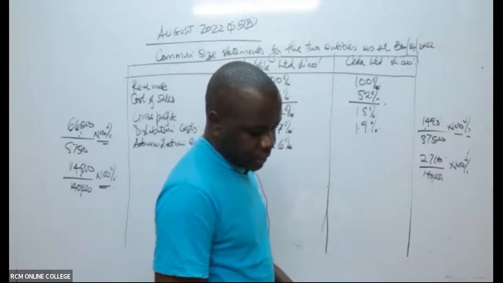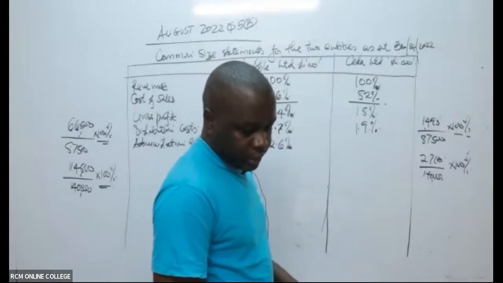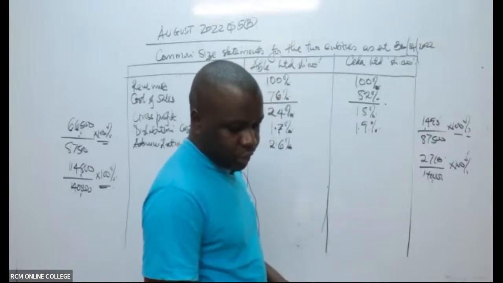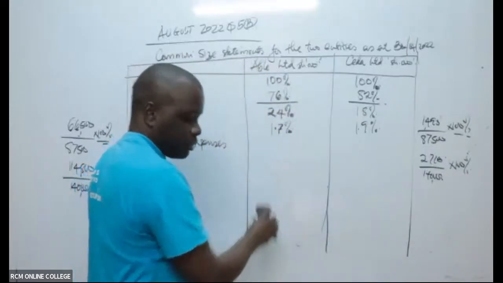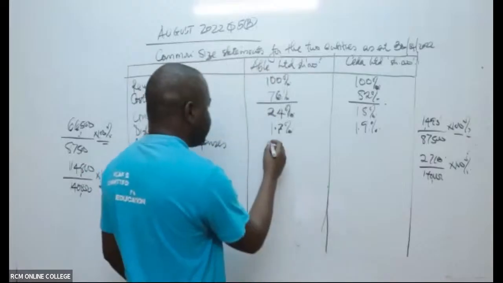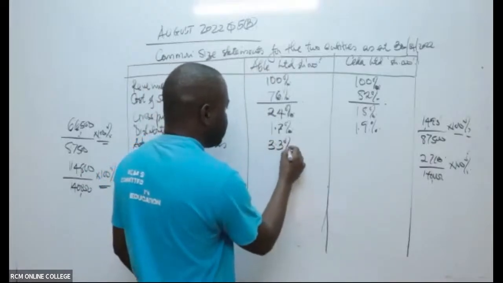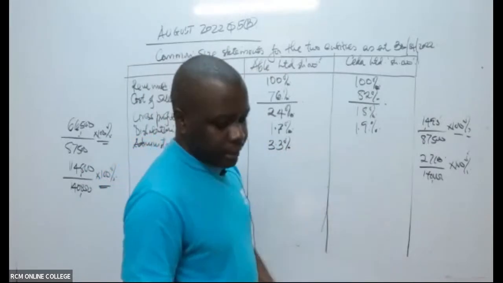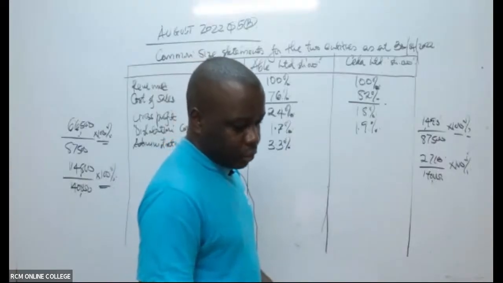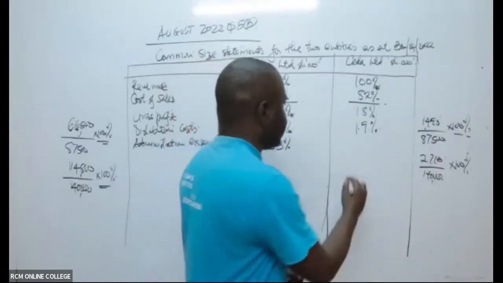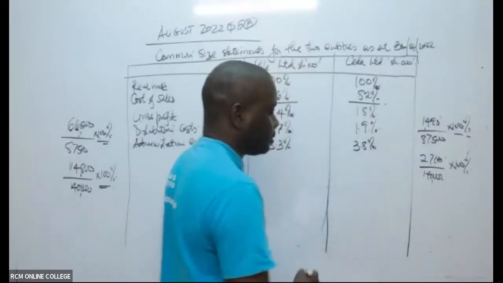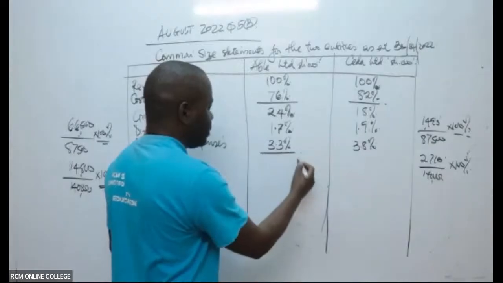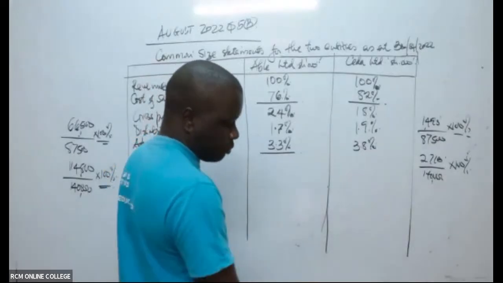Is it 2.6 or 3.3? I don't know. 3.3%. Then this other side, you are getting 3.8%. Should actually be 3.8%. Then when you get the difference there, you'll be able to get here